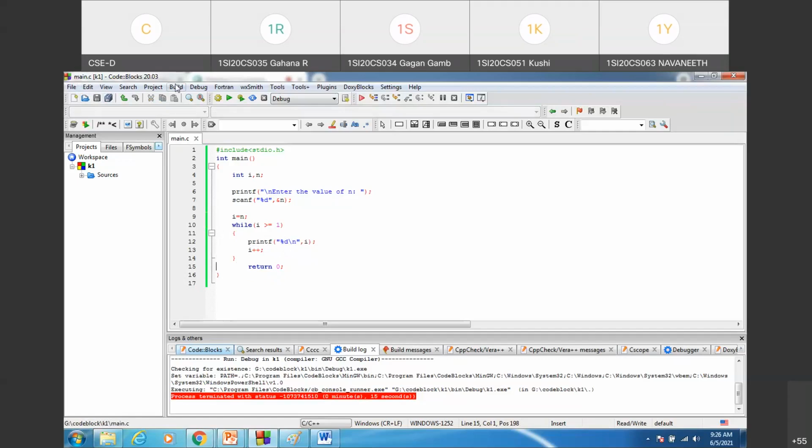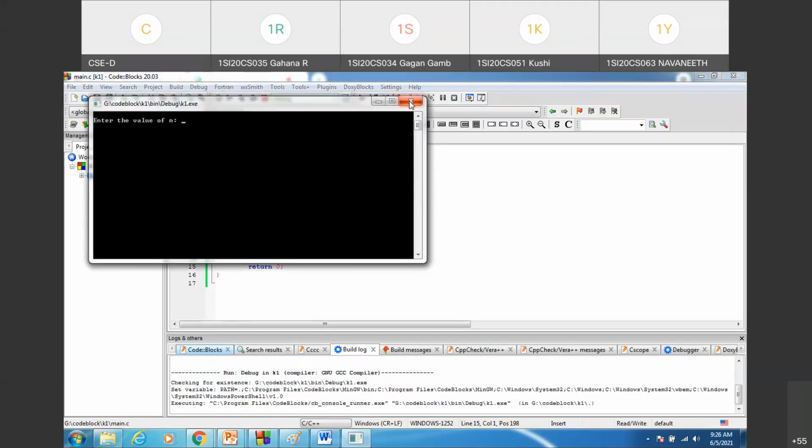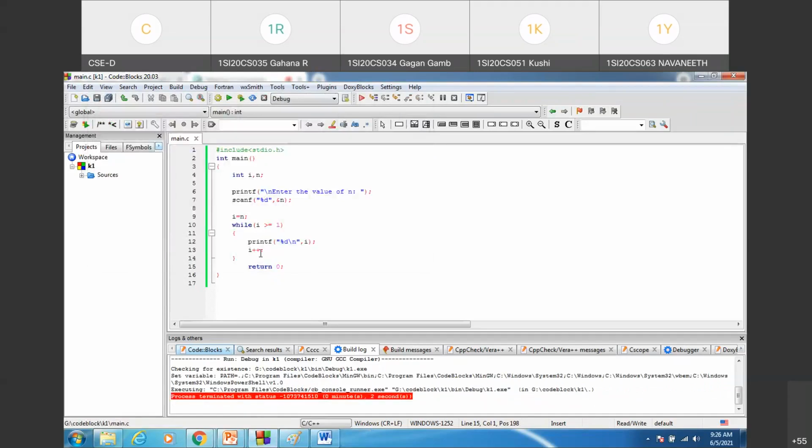So just say if I execute this program, what will happen? One more modification I have to make. I should not increment, since it is a decrement loop I am trying to construct. I have to decrease the value of i in each iteration. Right? If you increase, what happens? i will never be equal to 1. Each time if you are increasing the value, it never reaches this value 1 and the test condition will never fail. It becomes an infinite loop.